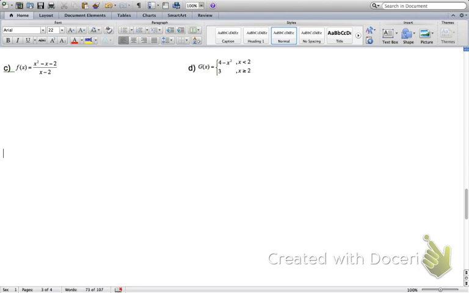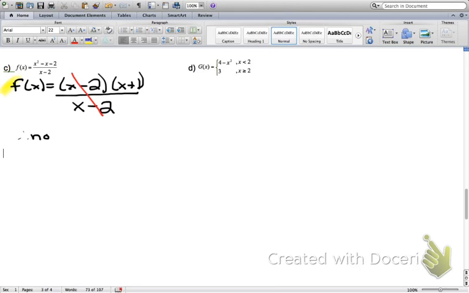For C here, f at x equals x squared minus x minus 2 over x minus 2. We're going to first factor this. So we have f at x is equal to x minus 2 times x plus 1 over x minus 2. You'll notice here that we can cancel these out. So since we're able to cancel those out, we know that this is therefore not continuous